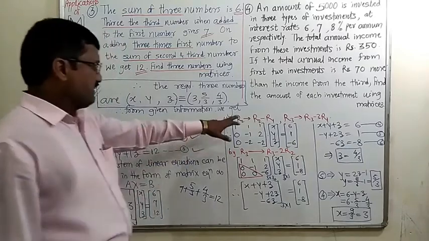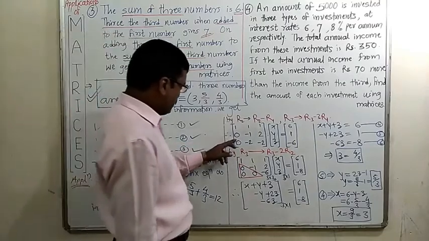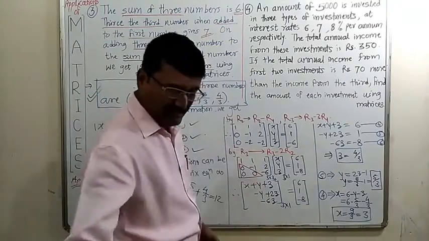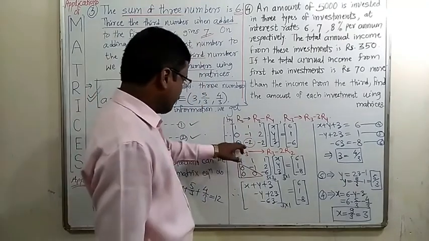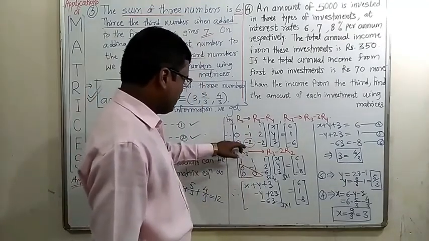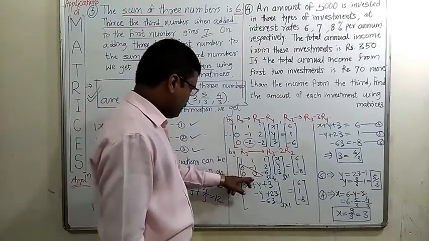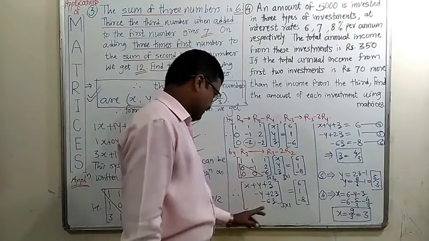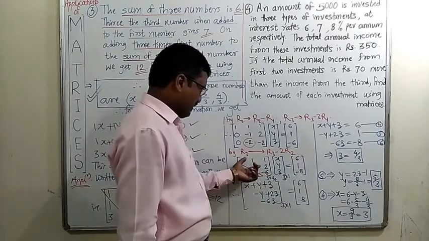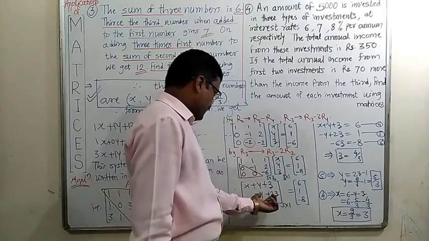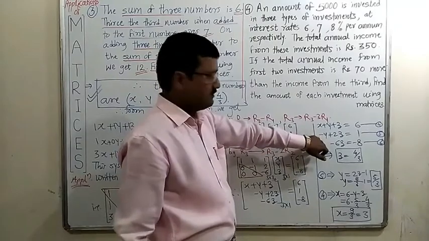These are our selection of elementary row transformations. From that we get these two zeros. Now only this minus 2 remains, that we have to make 0. So for that we do R3 minus twice of R2, so that we get 0 here. Performing that we get this matrix. Now this is an upper triangular matrix. So take the multiplication of these two matrices. Now these two matrices are equal. So by equality of two matrices we get this.